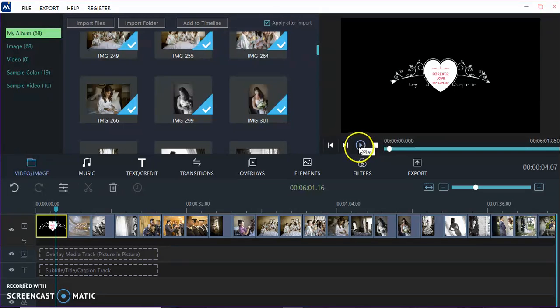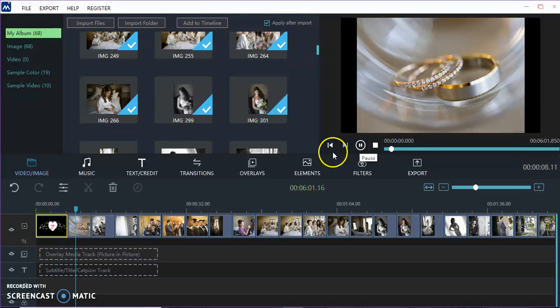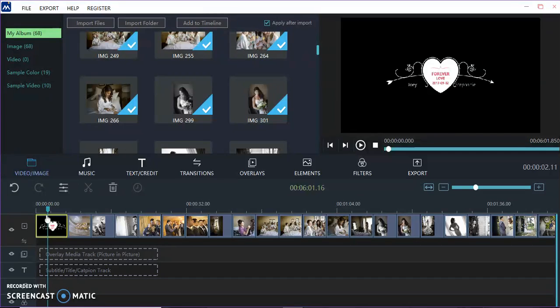So it's playing, and then it's going to go straight into the pictures. Now, I'm going to just pause it for a moment. Now, these pictures look great. I might not keep them all, but what I was going to show you guys next is how you transition